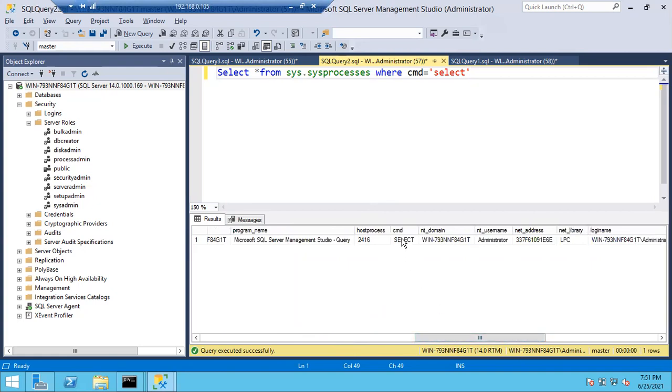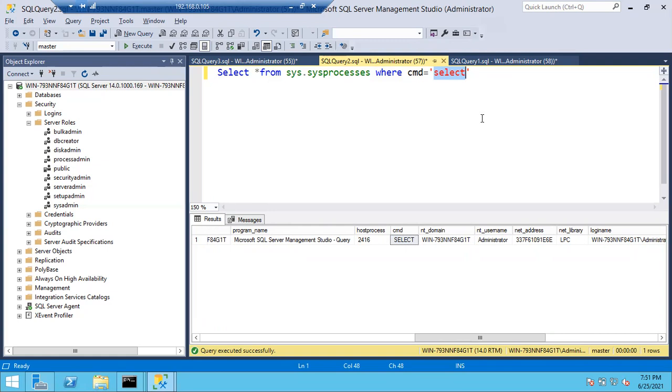Where is that select? In case you have a specific requirement, you can mention the specific stored proc. Sometimes very small stored procs will be there, like SP_Who2, and sometimes very big stored procs will be there. In that case, you simply filter whatever you want. Now I want to see only select queries, so I can run this command, where command is equal to select. So I can see who is running select queries in my SQL Server.